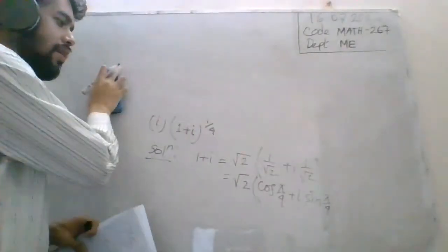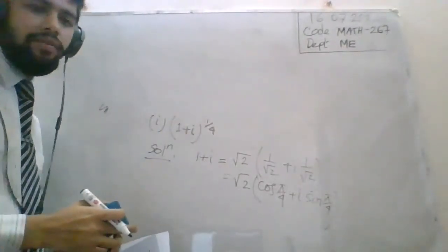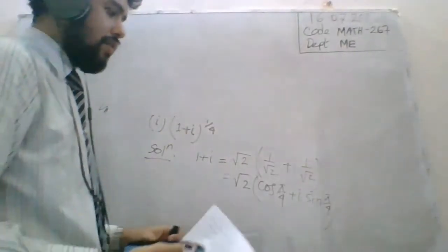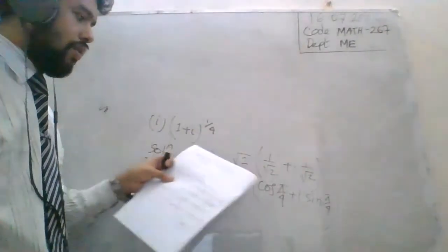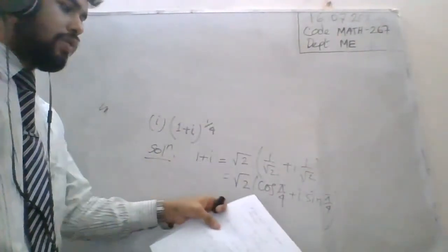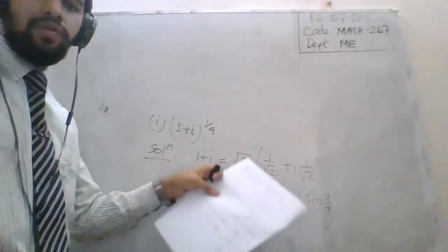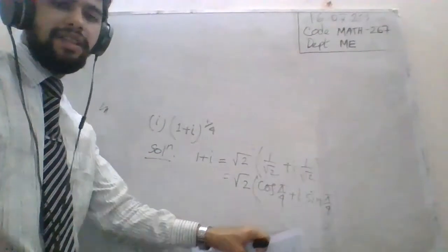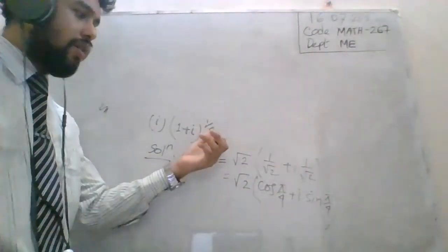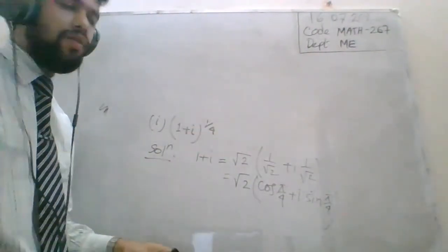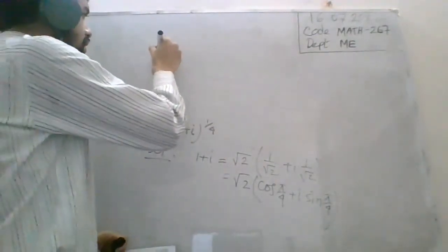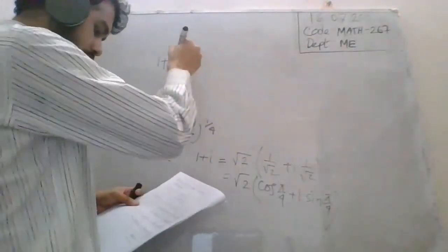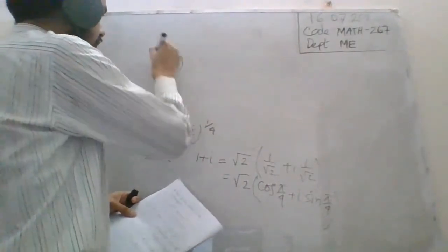Yes sir. So now we have to find all the values of this term. Okay, so for finding all the values of this term, we have to convert this into general argument. Here the principal argument was given, but we have to take it to the general argument, because it asks for all the values of this root. Okay, so just take 1 plus I is equal to,